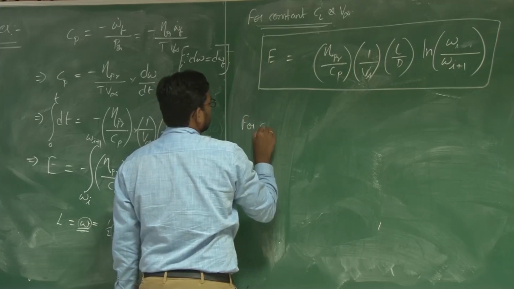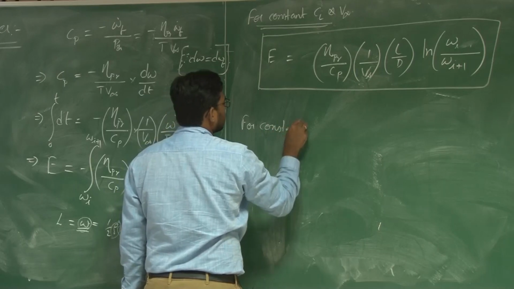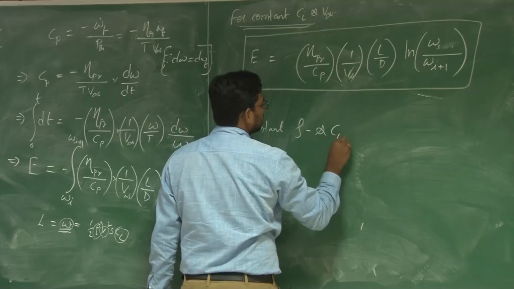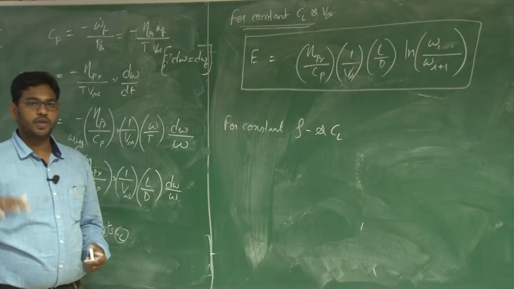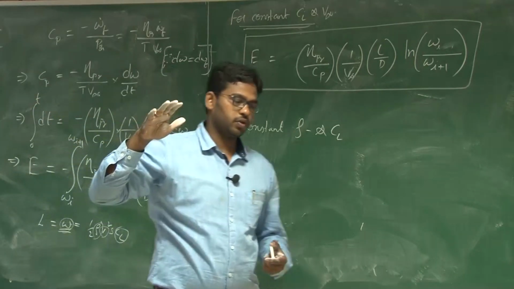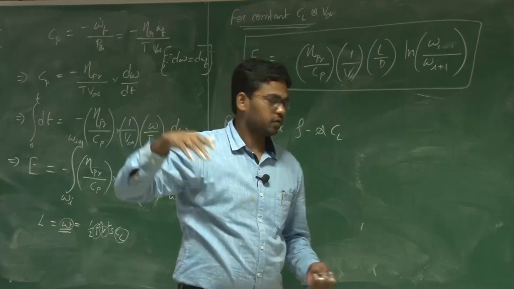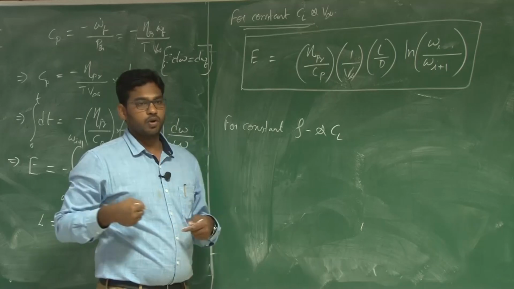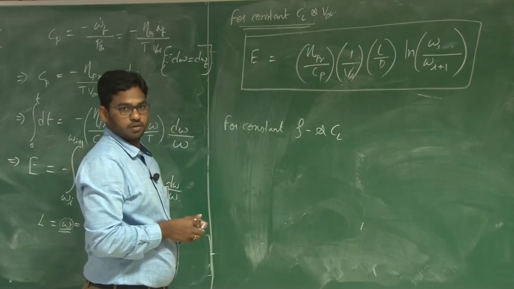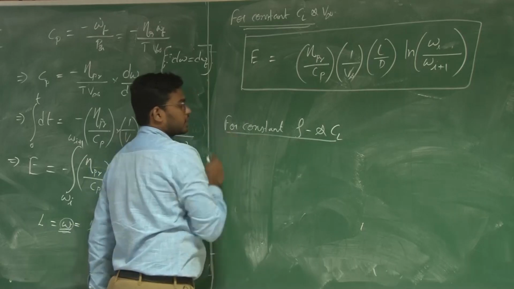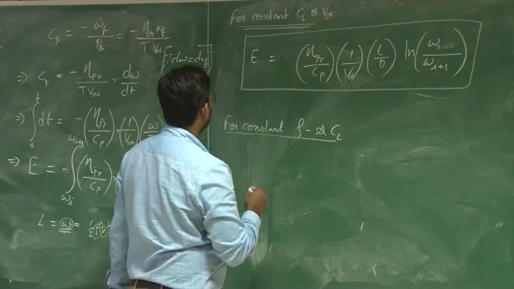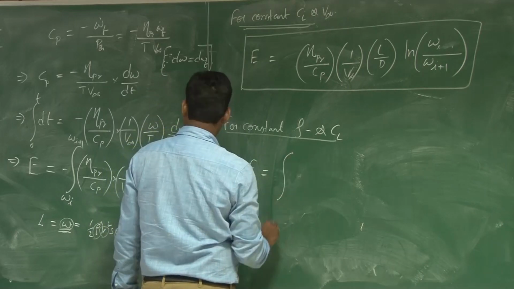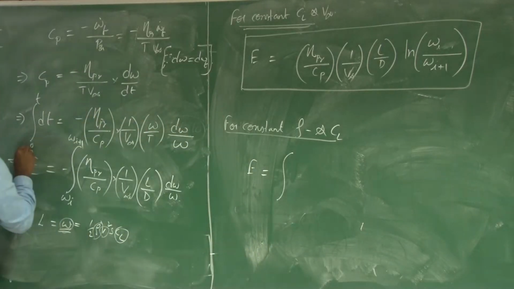And for constant density and CL, that means you don't want to vary the altitude, you want to have your cruise at a particular altitude and then the CL remains constant, which means the pilot has to continuously decrease the velocity as the fuel load is decreasing. It's more quasi-steady, right. So what happens in that case? What will be the endurance? It is equal to the integral over, so this is the equation of endurance in general.